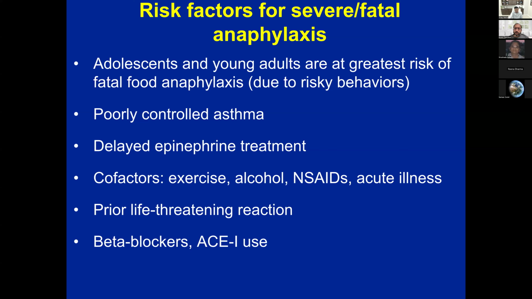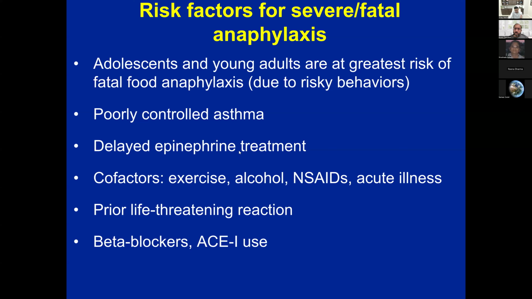Sometimes for certain foods the commercial extracts are not good. So I would actually repeat the skin prick test using the real food. Put the real food on the skin, do a skin prick test, and see if it reacts. If it doesn't react,